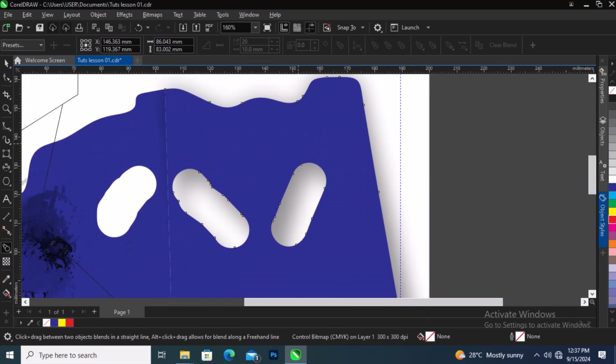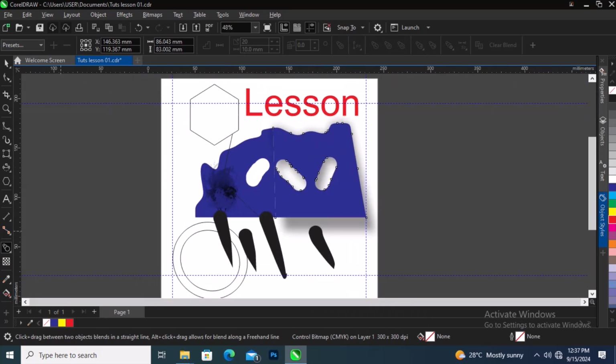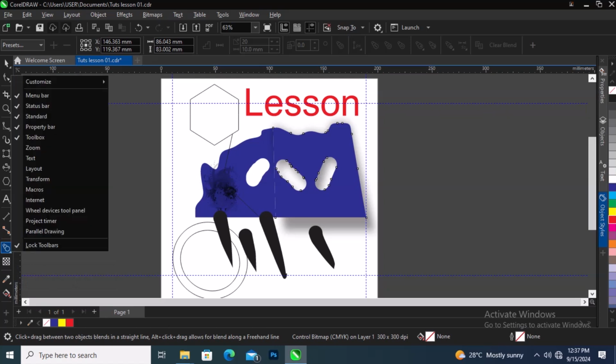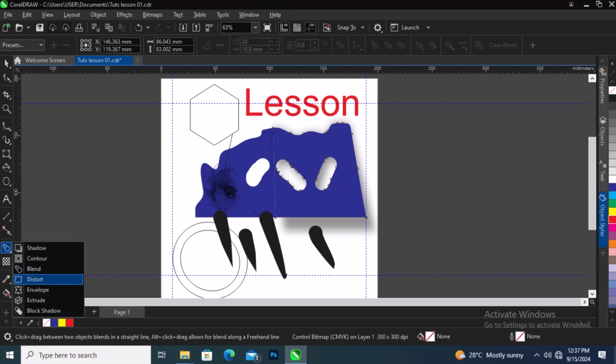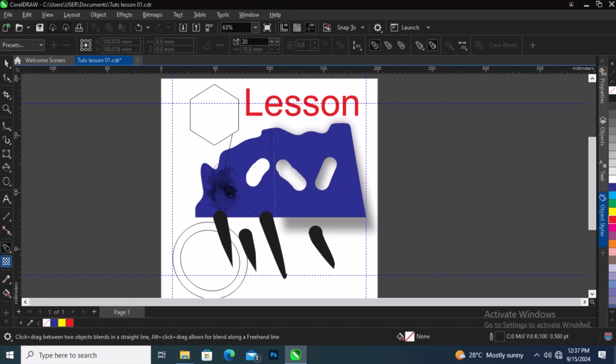Yeah, I think this one will take time for us. But it's very important, and we'll continue learning more about the brand tool and their friends as we go along. So we have the distort, we have envelope, we have extrude, and we have block shadow. Most of these tools you can be practicing on your own. They are very important. The other most important tool that we want to learn here is